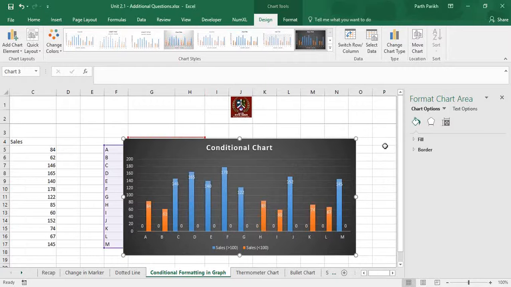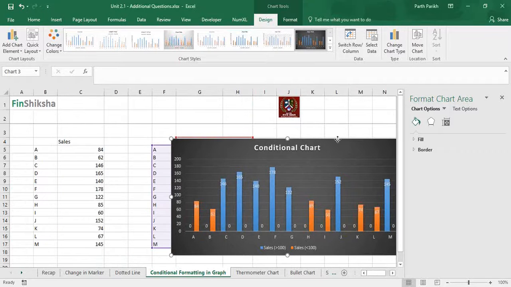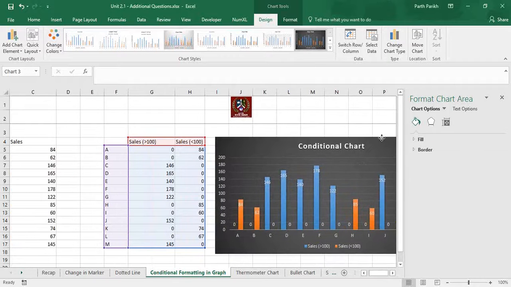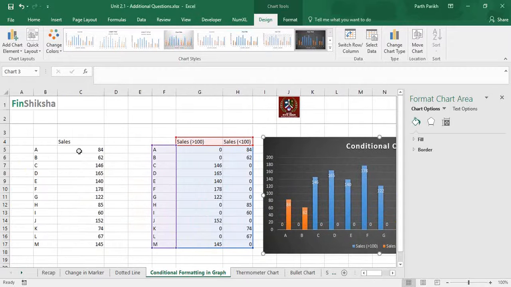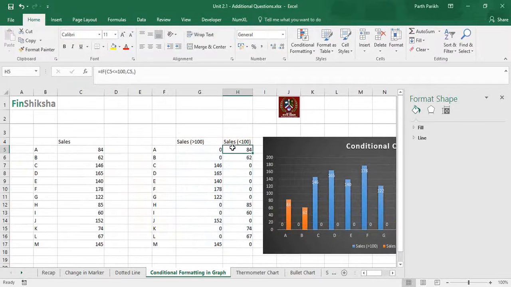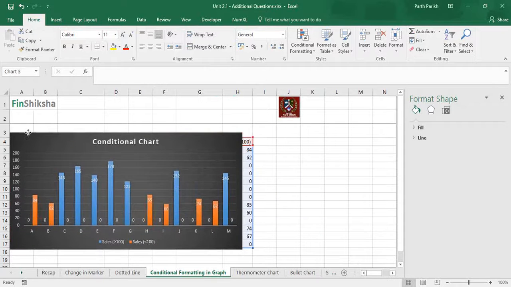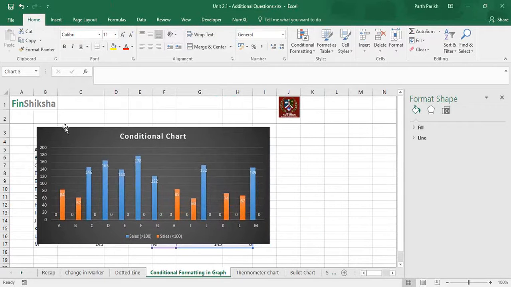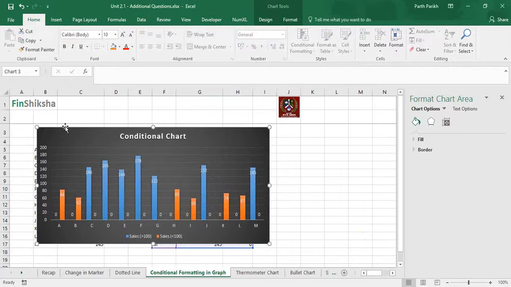One thing you have to be very cautious about is we have created two separate columns. One where the sales is greater than 100, one where the sales is less than 100. If the conditions are more than 2 or 3 or 4, the chart becomes unnecessarily complicated. Obviously, Excel will give you the output, but it becomes complicated. So my only submission is, when you have two, max three conditions, then you use this kind of chart. Otherwise, refrain from using this technique.